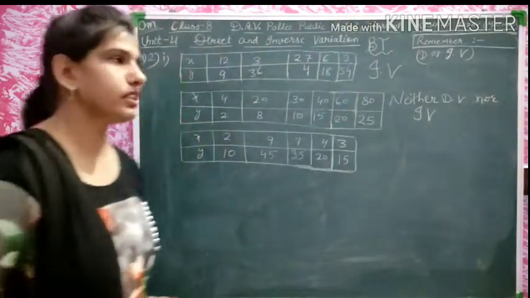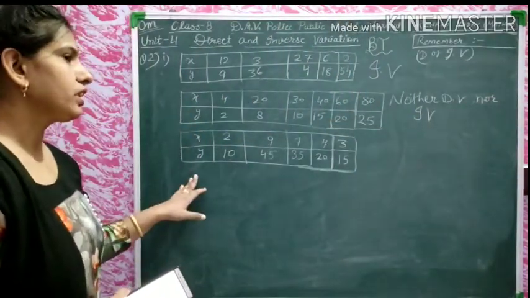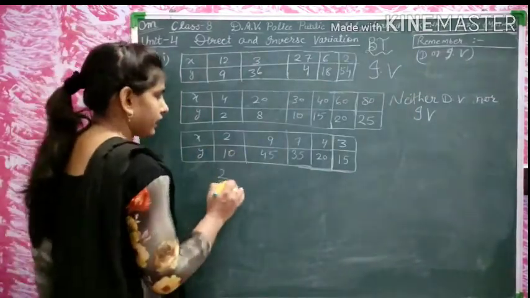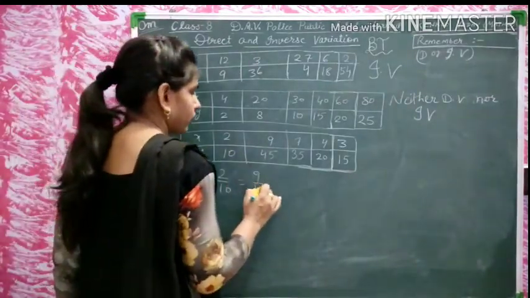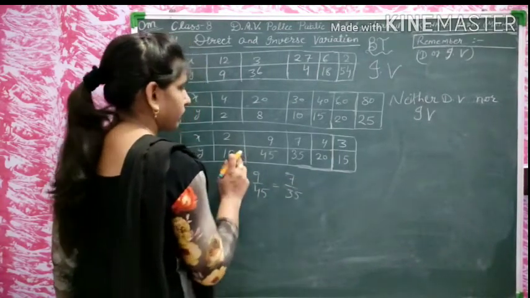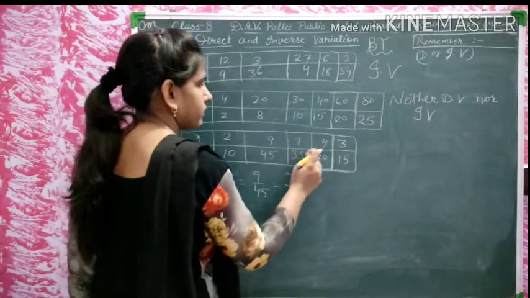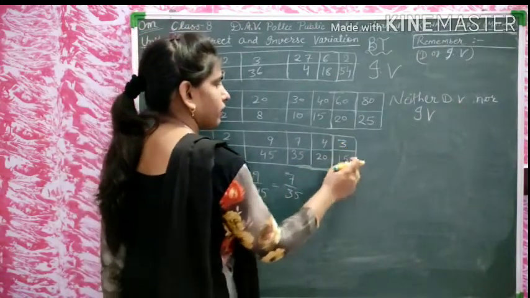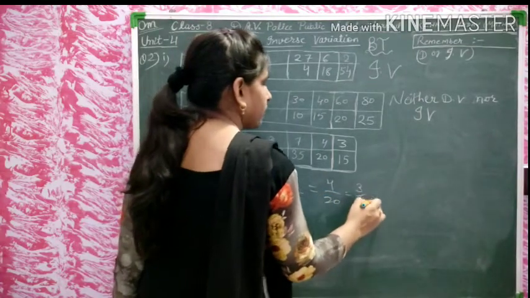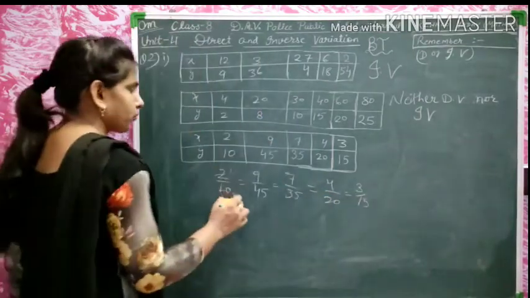Is this clear, students? Now we will go to the next part. In the next part, we are seeing here 2 by 10 is equal to 9 by 45 is equal to 7 by 35. 2 5s are 10, 9 5s are 45, 7 5s are 35, 4 5s are 20, 3 5s are 50. It means their constant value is same in every